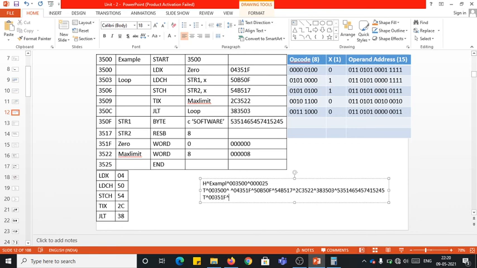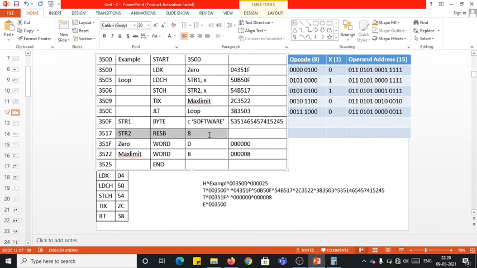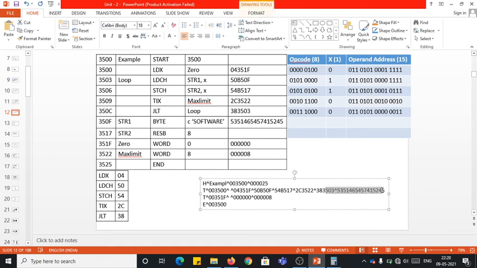That's the starting address. I'll leave the space, and that's how we'll write the other text record. Finally we'll have the end record where the starting address is 3500. Mind about it, my dear students. It is very clear that if this instruction were not there, then these two object codes could also be written in the same text record, because the maximum limit of your text record is up to 69 columns.